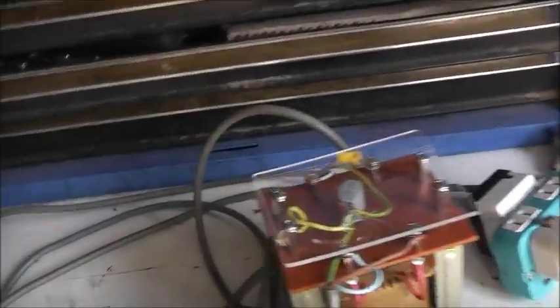G'day viewers, well this project's almost complete with a little transformer. Got the wall outlet hooked up. I just need to find an enclosure for this